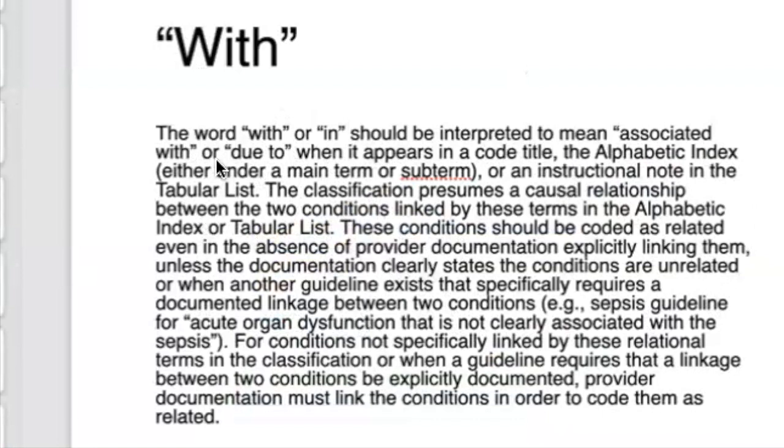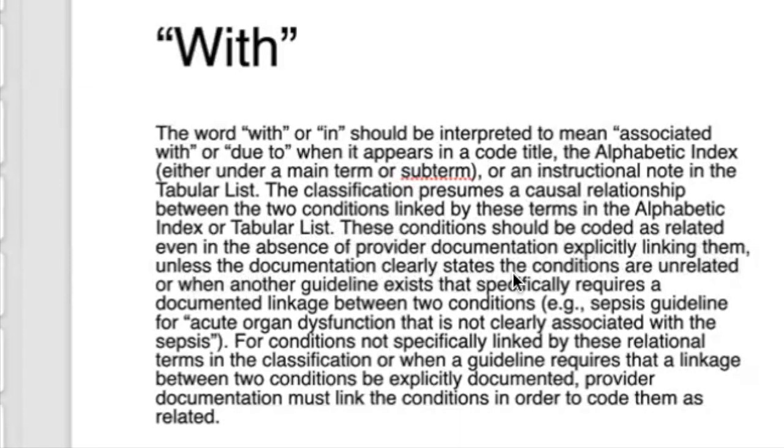The word "with" or "in" should be interpreted to mean "associated with" or "due to" when it appears in a code title, the alphabetic index, or an instructional note in the tabular list. The classification presumes a causal relationship between the two conditions linked by these terms in the alphabetic index or tabular list. These conditions should be coded as related even in the absence of provider documentation explicitly linking them,